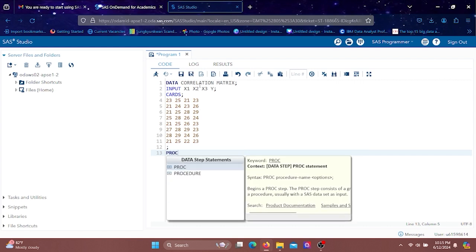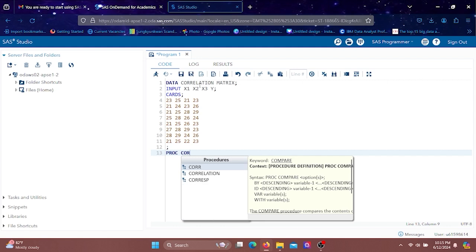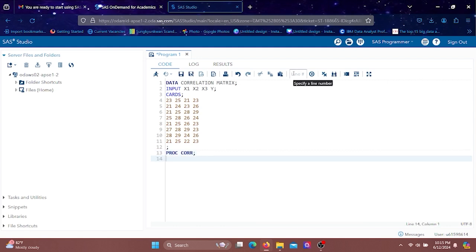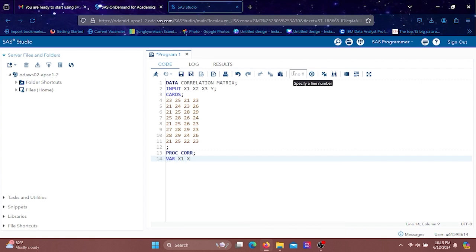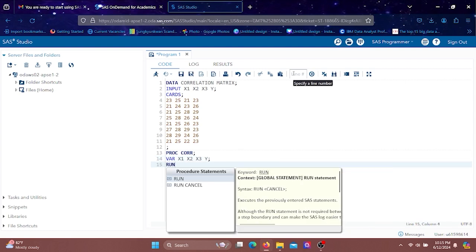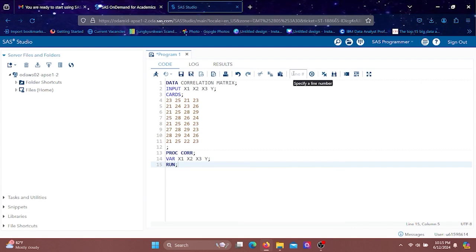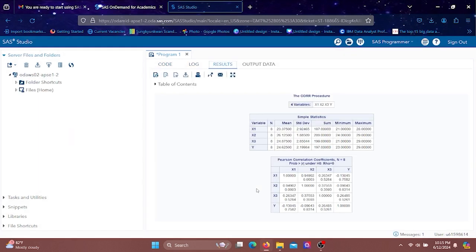And type proc corr and put semicolon. And type var, and type x1, x2, x3, and y and put semicolon. Then type run and put semicolon. And I missed one step. You have to put another run above proc corr and put semicolon also. Then click that running man icon and you will get your output results like this: